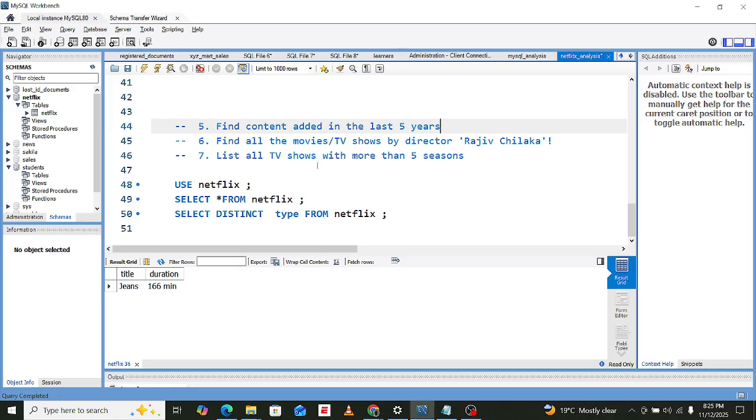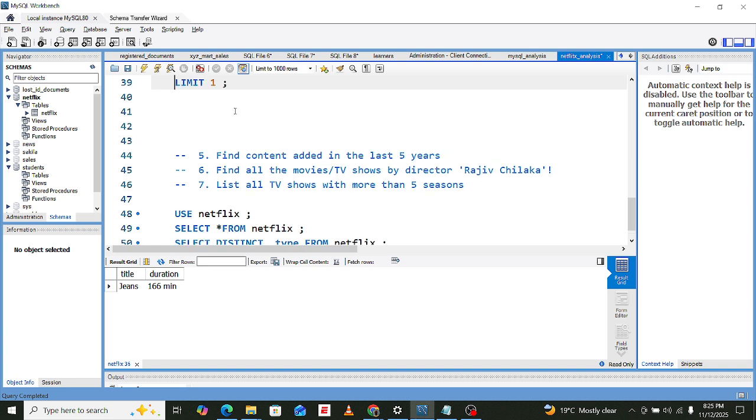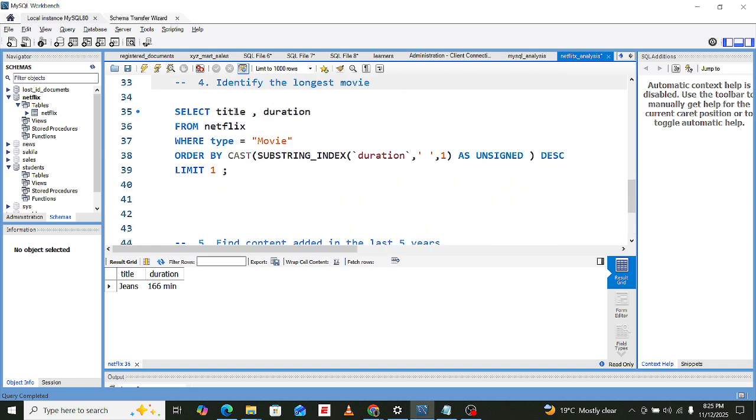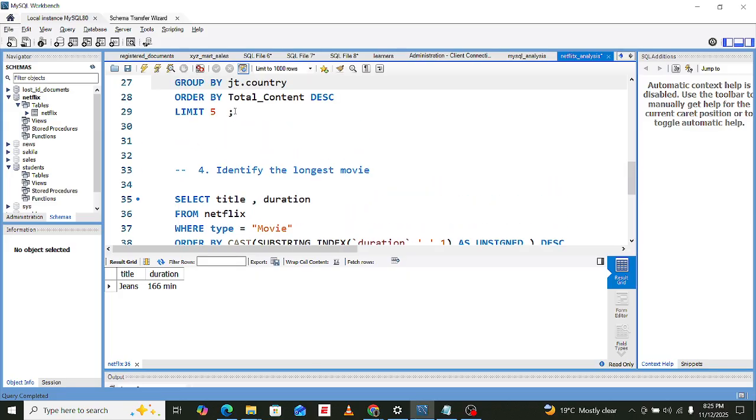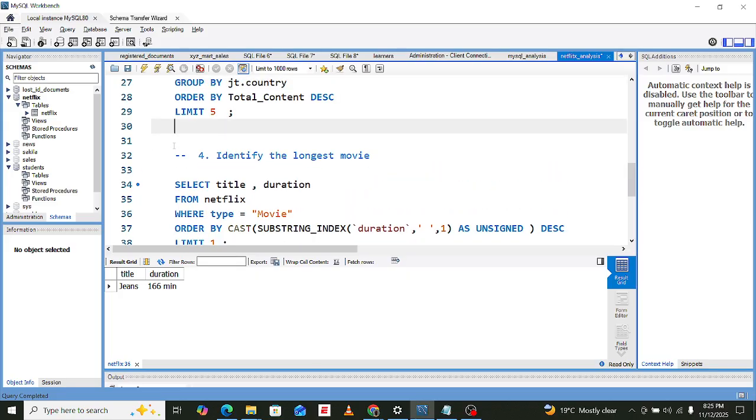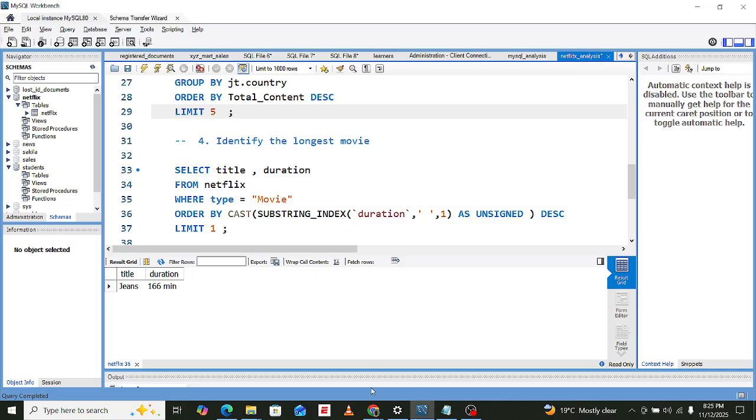Because with these ones, we might have to write complex SQL queries. So I think we can just continue from here tomorrow as we finalize on this SQL. Is that okay with you, Lewis?